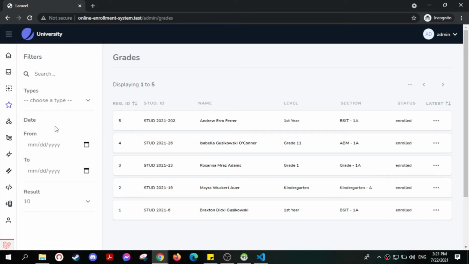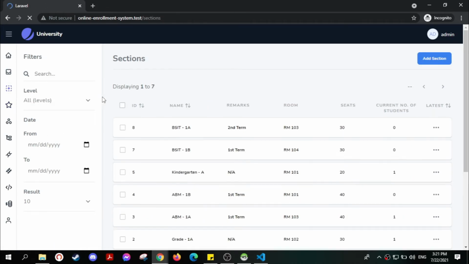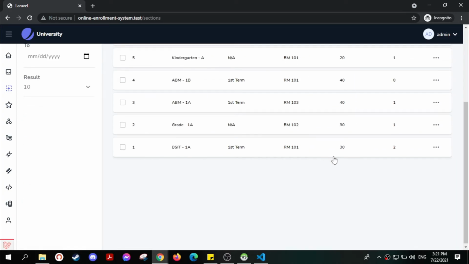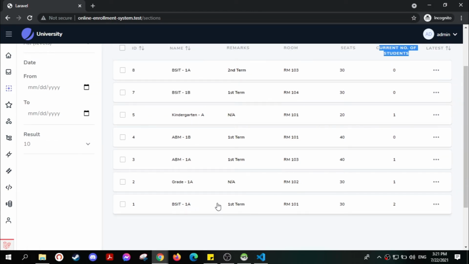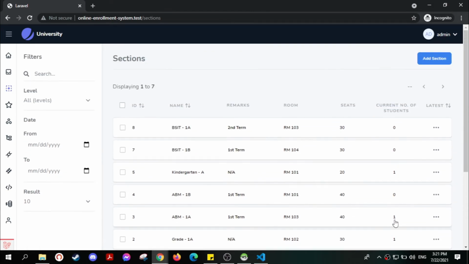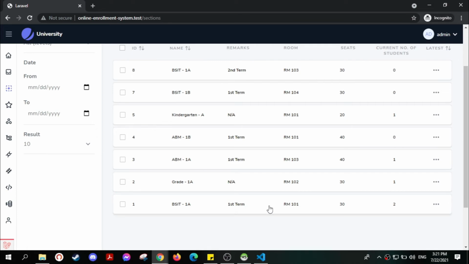Okay, now let's go back to the section page. Here we are able to track the current number of students enrolled under these sections. So for this BSIT 1A first term, we have two students enrolled under this section. There will be a time that these available seats are filled. At that point, we will not be able to enroll new and incoming students because the seats are full. Now for us to be able to enroll students again and give them seats under these sections,